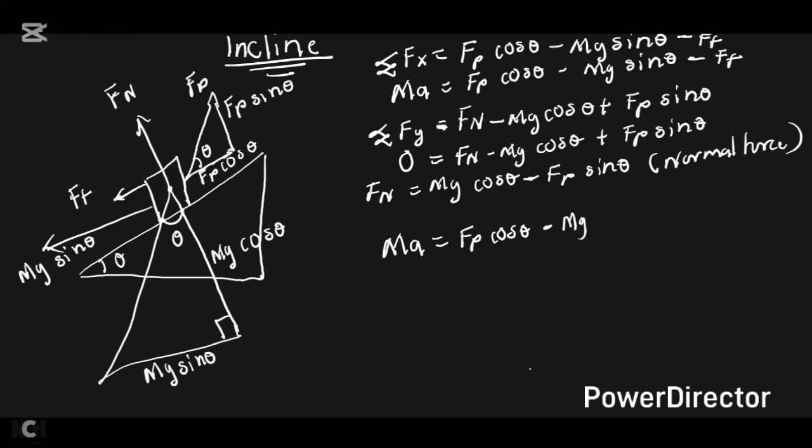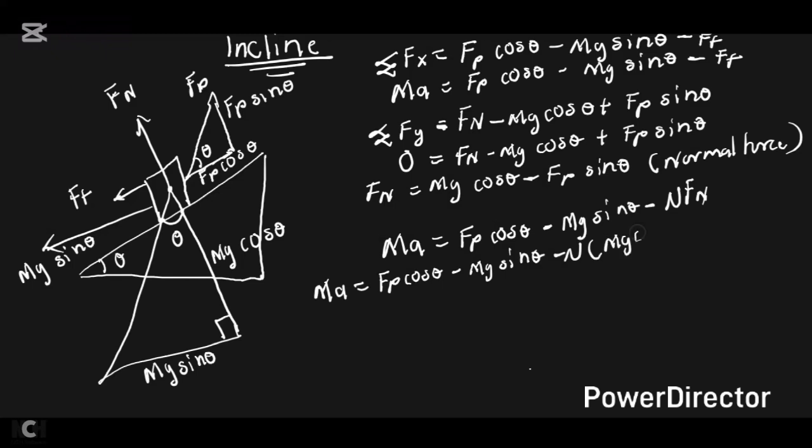Mg sine theta minus. Remember the friction force is mu, right? So meaning it will be Ma here is equal to Fp cos theta minus Mg sine theta minus mu times what's here? The normal force. The normal force is Mg cos theta minus Fp sine